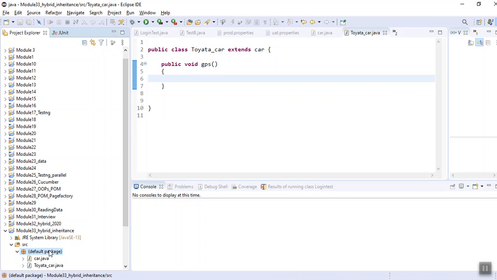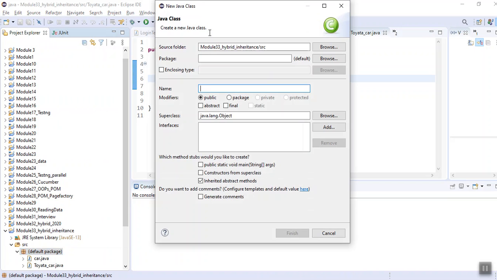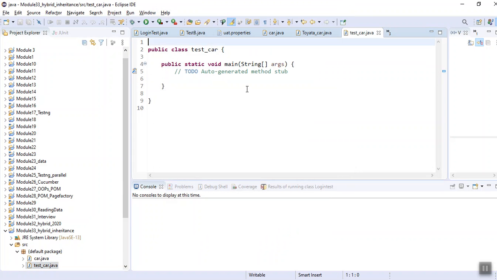Okay, let me create a new class, test underscore car, and what I do, I create an object of Toyota car.